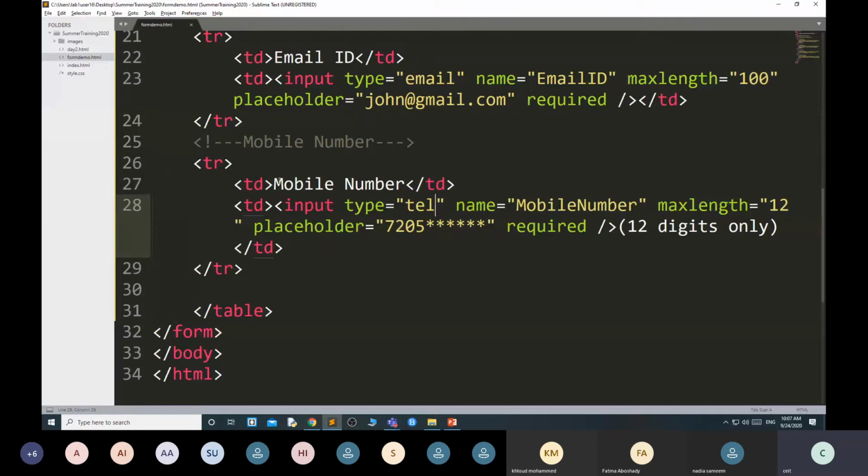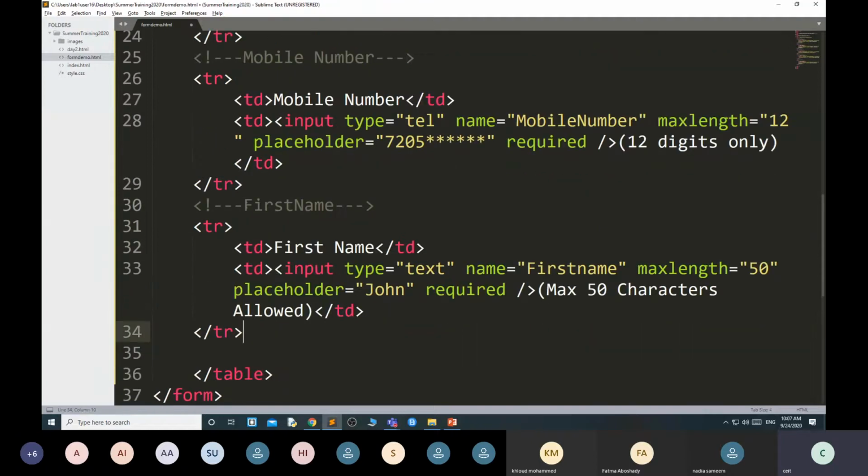Okay. That's why when you are using the mobile number, you are using tel. That is the input type tel. Automatically it will accept only numbers, but not text and not a bunch of numbers. Okay. Then after this, I want to add the gender. Whenever you are adding the gender, it is a radio button. Radio button is what? You can select only one field at a time. Okay. That is known as radio button.